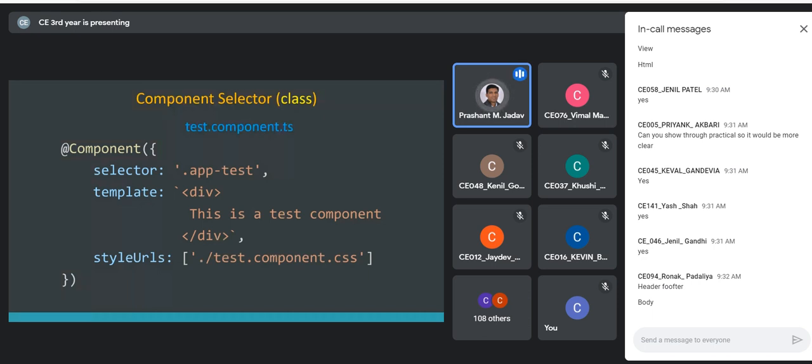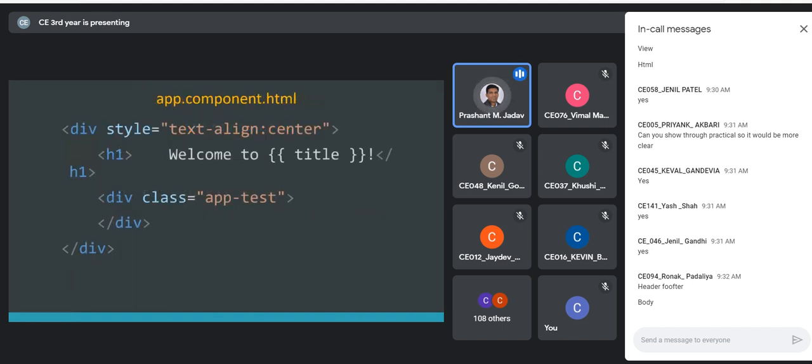But when we are using the class selector, that selector can be used only as a class attribute of an HTML element. So there is only one minor change in the taste component: the selector part is modified. You can see in the slide I'm modifying the selector, and then within the app component I'm referring to the app-taste class. So see the change in the app component. Previously we were using it as an element, now as a class.